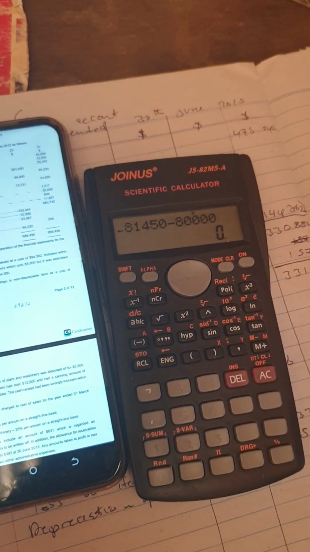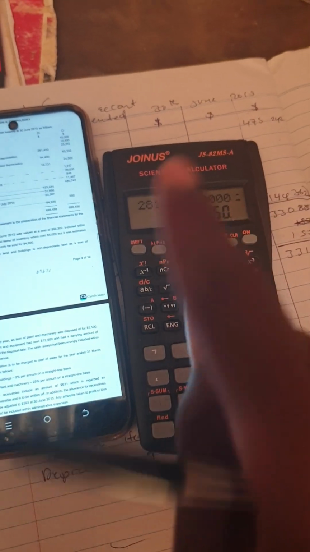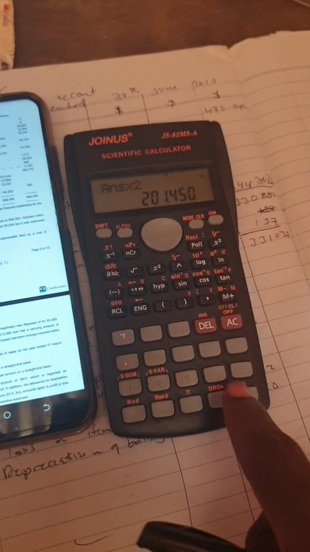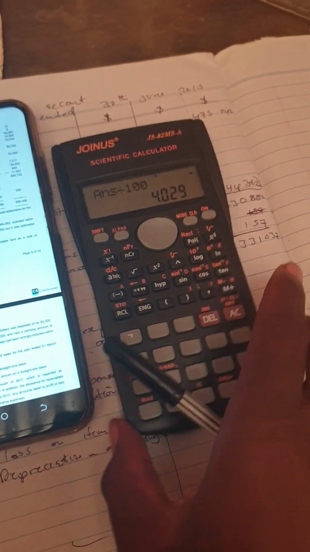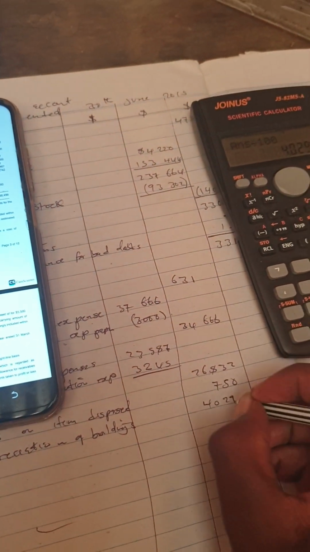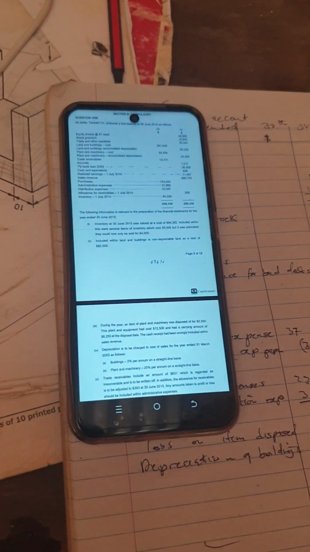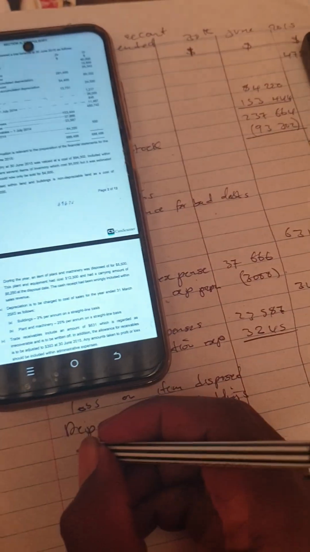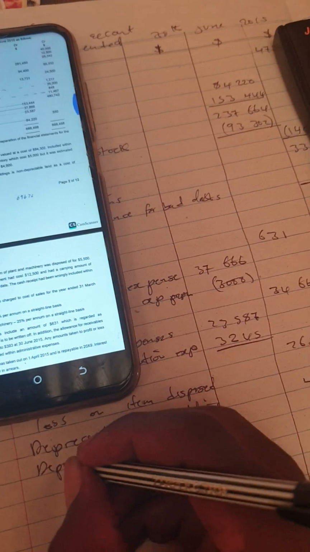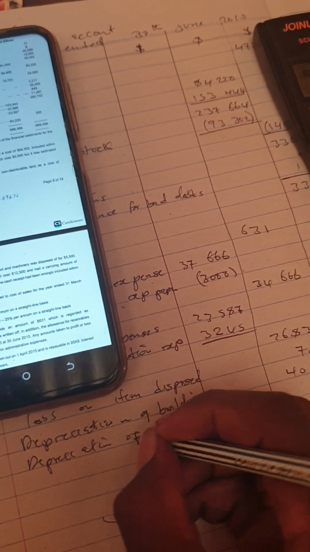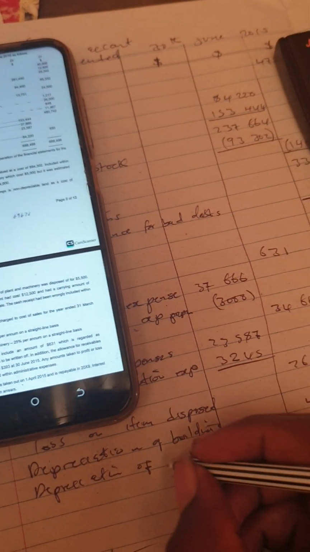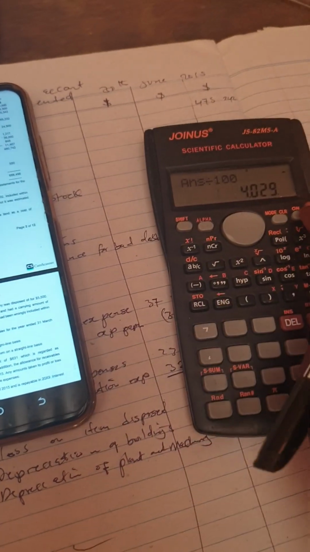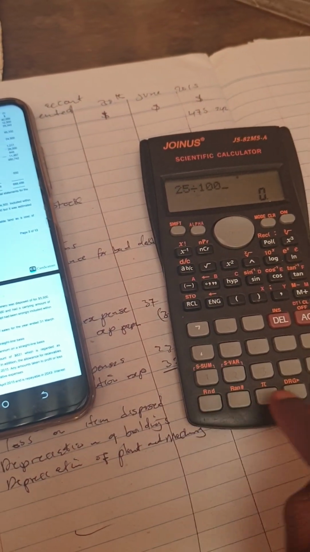What we do with the depreciation, we should remove land. So if we remove land, we're going to remain with that amount as our buildings. So 2% of that, we multiply by 2, divide by 100. So depreciation of buildings is 4,029. We have removed the 80,000 because it is non-depreciable. Land does not depreciate. So that is the depreciation of buildings. Next, depreciation of plant and machinery. They're saying 25%, so 25 divided by 100 times